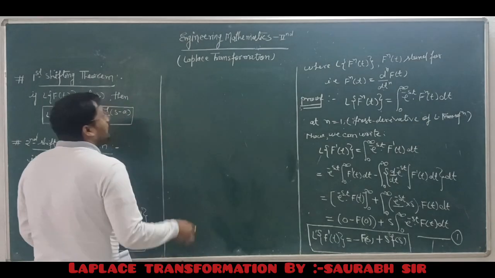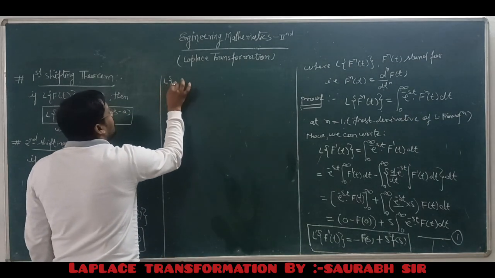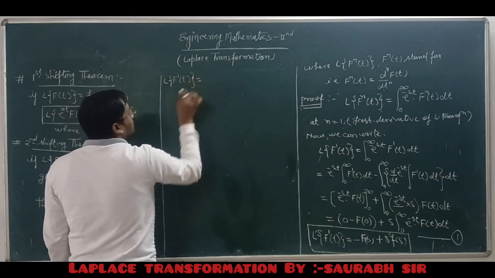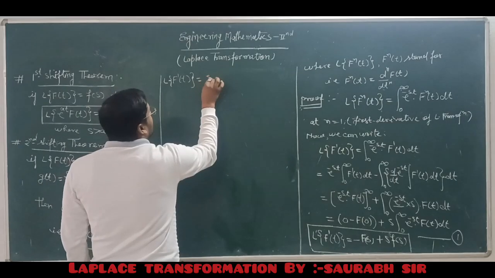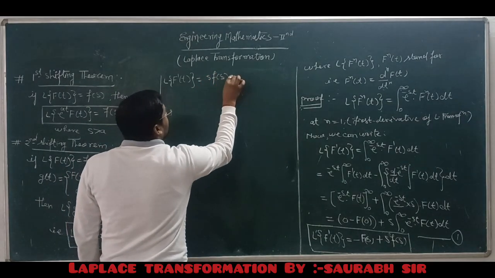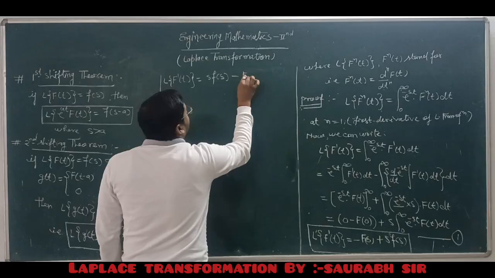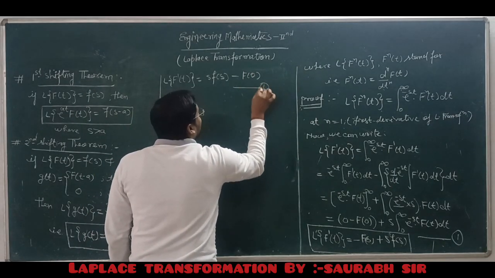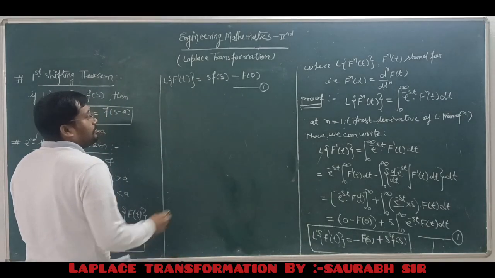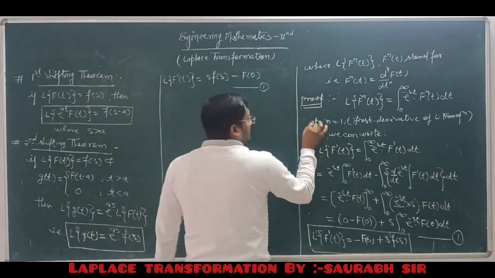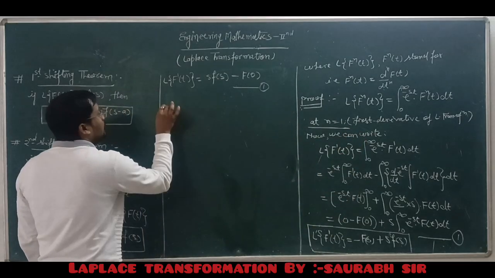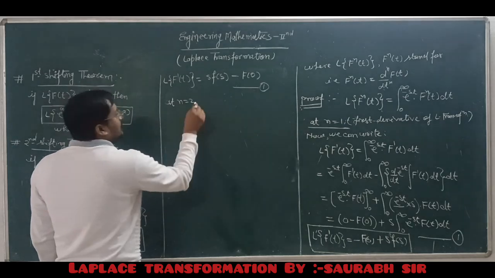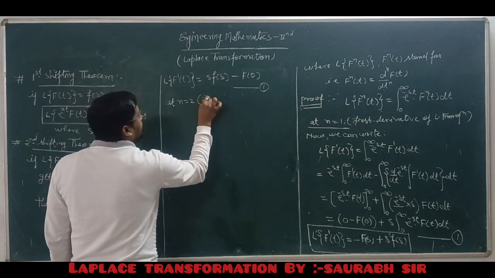Now you can write L{f'(t)} is equal to, you can note down, s F(s) minus f(0). Call this equation number first. And now you can put n is equal to 2, which is also known as the second derivative